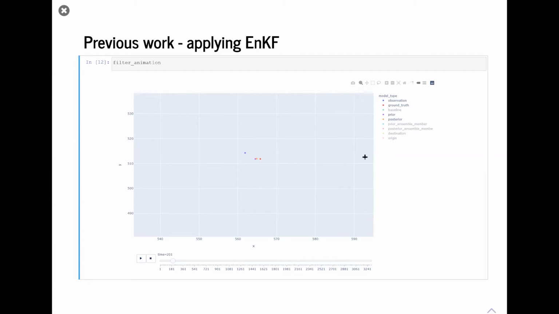What we can also do is have a baseline. So a baseline here would be another version of the model that would be running without any information fed in by data assimilation. And we can see in the case of almost every agent that the data assimilation scheme means that we outperform baseline pretty much every time. So you can see that as they move along, the prior and posterior roughly match the ground truth in a lot of cases, which is quite nice. But